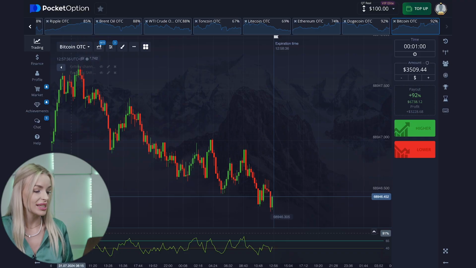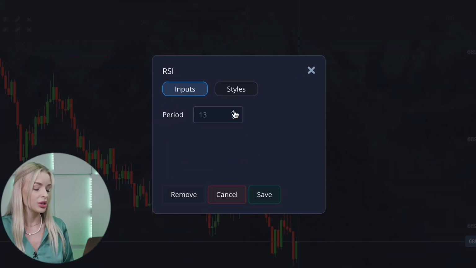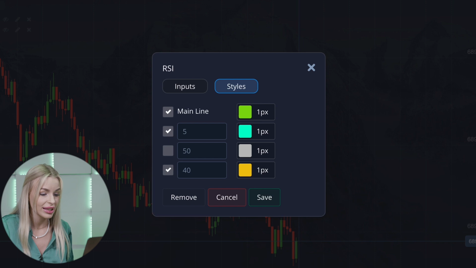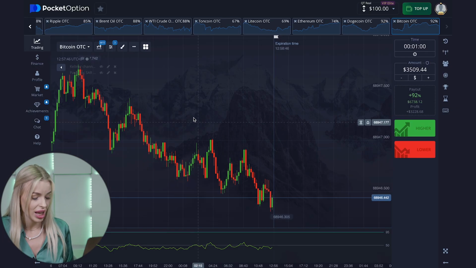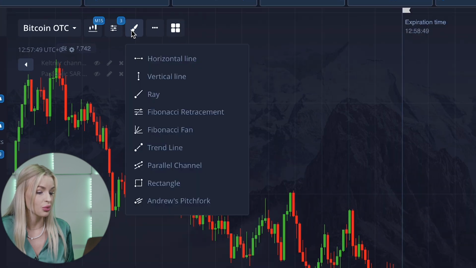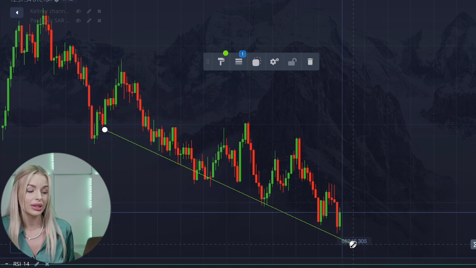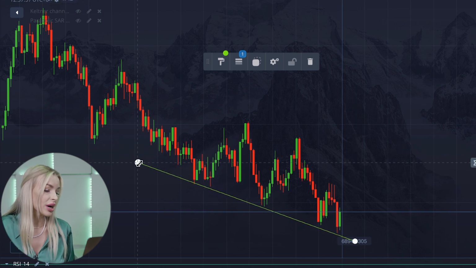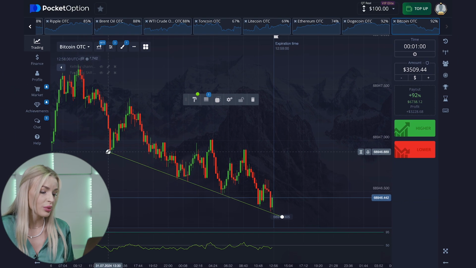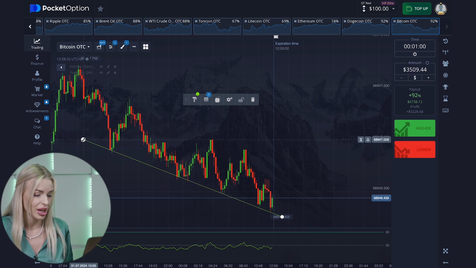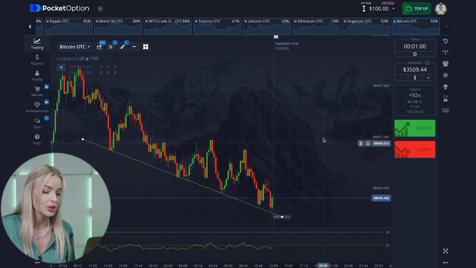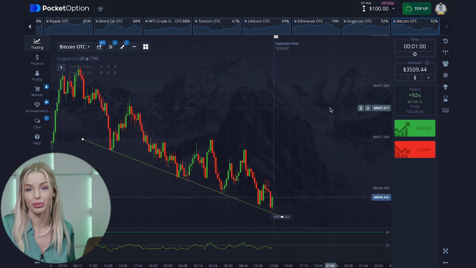Yes, when the price rises, we need to reconfigure our indicator again. We specify a period of 14, we switch to the style, we write the upper limit to 95 and the lower limit to 50, respectively, 10 points compared to the base values. Then the situation is symmetrical to the downtrend, only now we are not looking for price highs but for lows when the chart touches the support line. And we enter the deal not to the downside but to the upside.